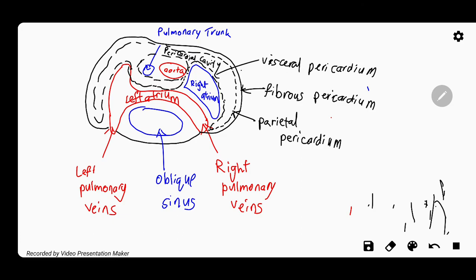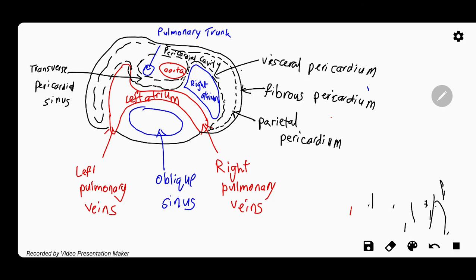And this is the transverse pericardial sinus. Okay, and this transverse pericardial sinus actually separates the heart's arterial outflow, which is the aorta and also the pulmonary trunk, from its venous inflow. That means the venous system, where the blood will flow in, which is the superior vena cava and the pulmonary